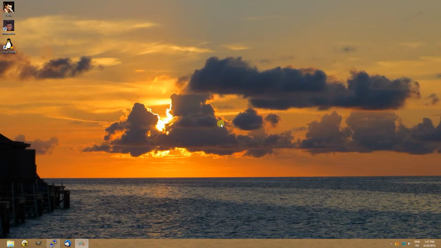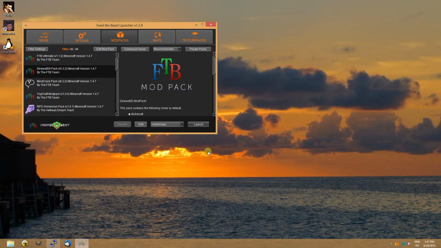The server is a way to get multiple people on together more easily. Also, I like it because it runs even when you're not connected to it. So things like chunk loaders can keep your machines running when you're not even there, which can be kind of awesome. So run your Feed the Beast launcher, make sure the Direwolf 20 pack is selected, and click this download server